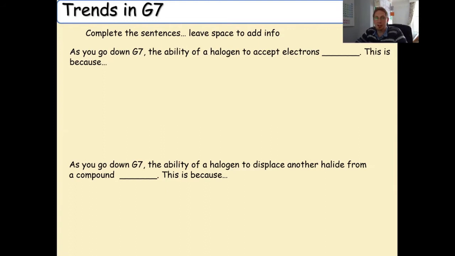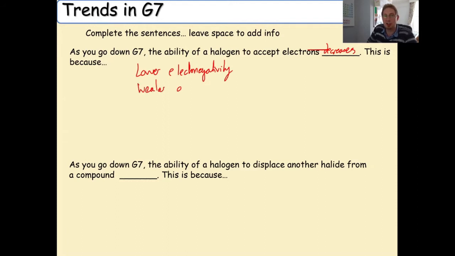So this is what you need to get in your mind. As you go down group 7, the ability of a halogen to accept electrons decreases. This is because of lower electronegativity, weaker attraction to the incoming electron,